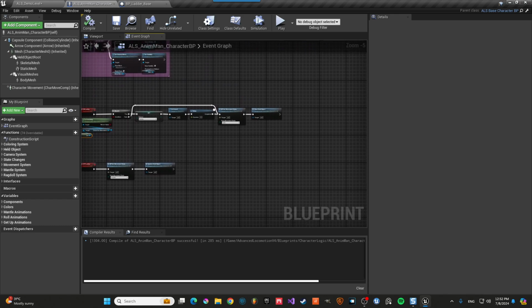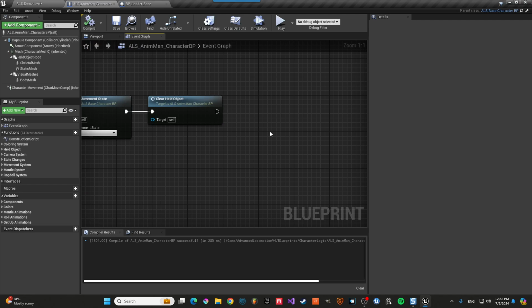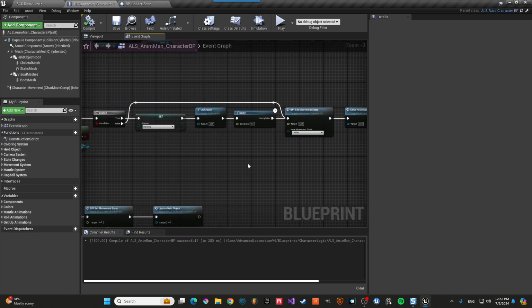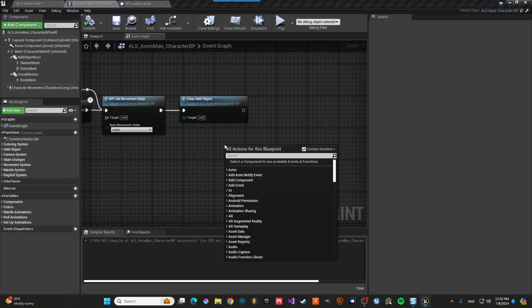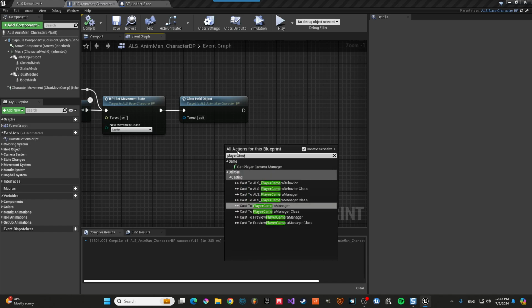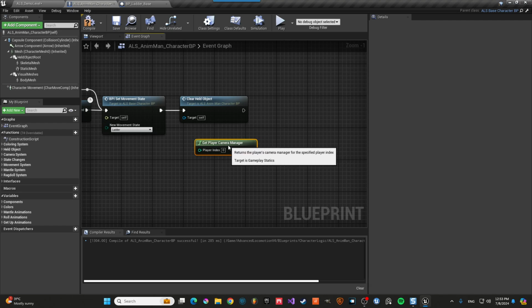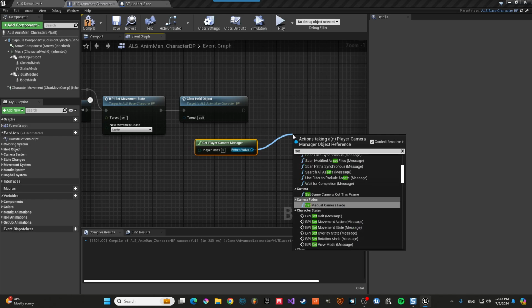All right, so now let's get back into our player viewpoint. So what I want to do is I want to get the player camera manager, because I want to restrict the camera movement. So player camera manager. So this is what I want, and from that I want to get or set view